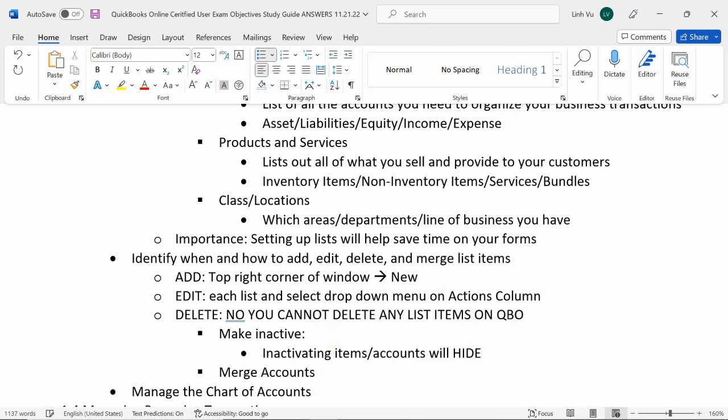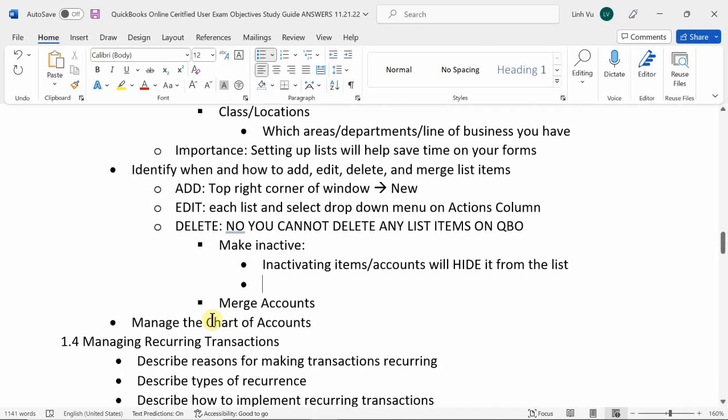It will hide it from the list. All right? It doesn't actually delete it. It just removes it off the list. So you have to just remember it just hides it, right? If you want to reactivate or activate again,